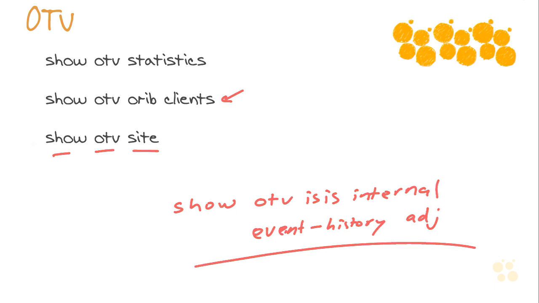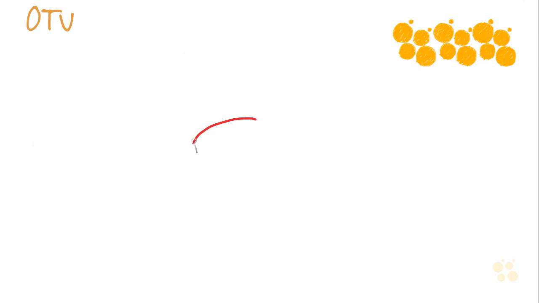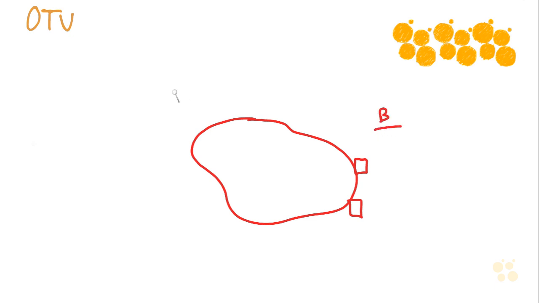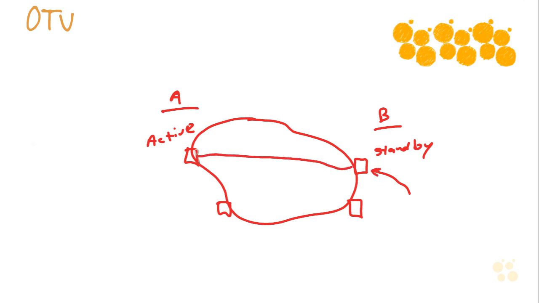Now, let's talk about first hop redundancy protocols in OTV. This is a messy situation that we could run into. Over here we have site B, and over here we have site A, and we've got these edge devices. For a particular VLAN, let's say this is the HSRP standby device, and over in the other site is the active device. Sure enough, what could happen is traffic could enter, be routed through the OTV environment